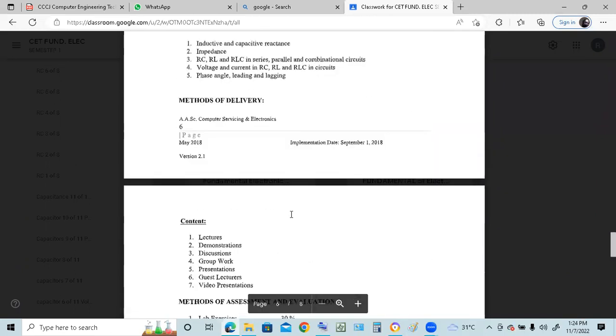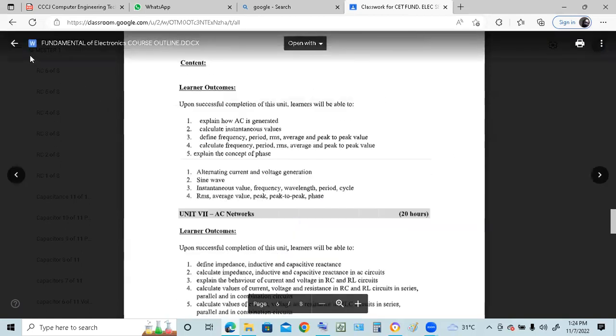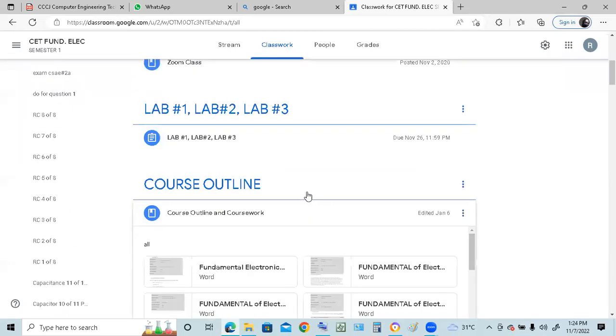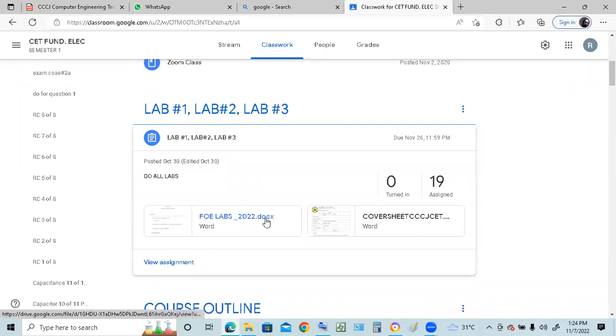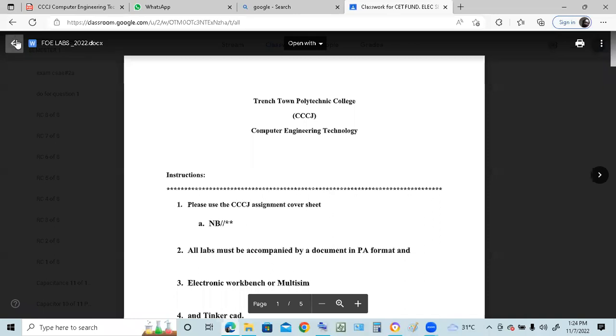So let me just go right now to the assessment again and remind you. You're supposed to get 3 labs, 1 test, and an assignment. I sent out the assignment already, and not everybody did the assignment. The labs, I sent out the lab, but people seem confused about the lab. So let me just go on the lab and see if I can clear up what you need to understand. The assignment, when you send that assignment, sir. All right, so